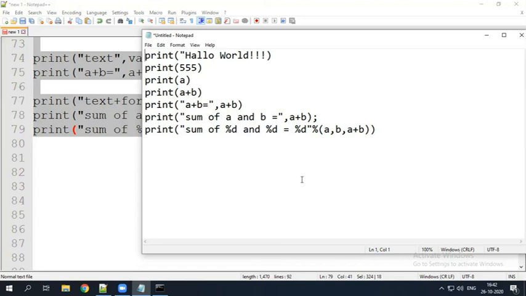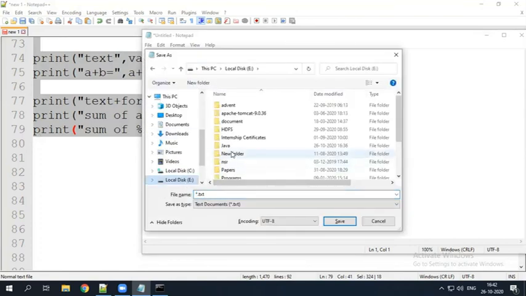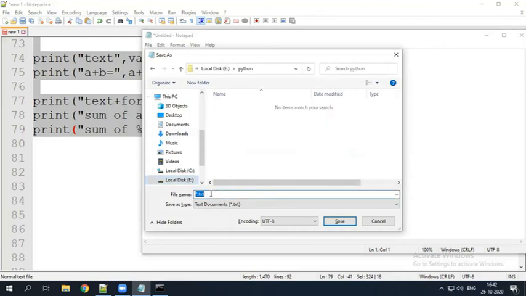So that is the beauty of Python. Save it in the Python directory, same like sample dot py. If it is C, sample.c. If it is CPP, sample.cpp. If it is Java, sample.java. If it is Python, sample.py.